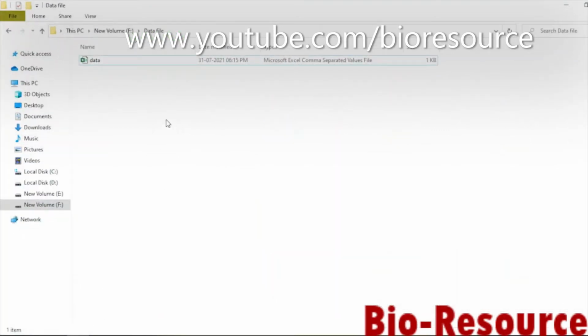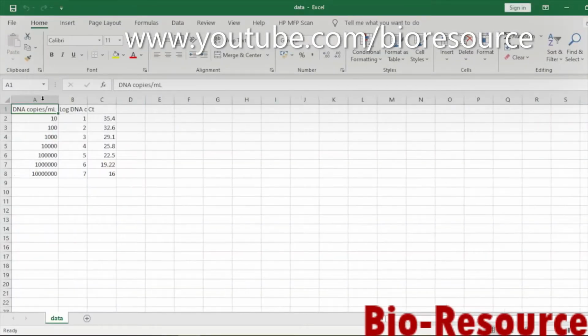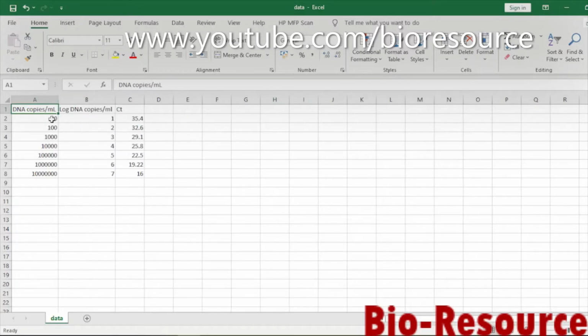I have the qPCR data here. So this is the qPCR data generated. We have the load of DNA copies per ml and the log DNA copies per ml and the corresponding CT values of the same.